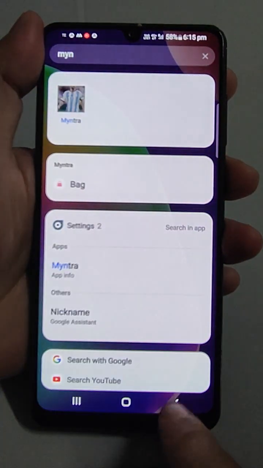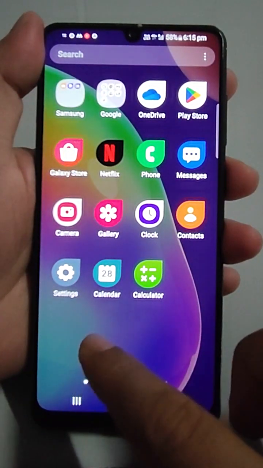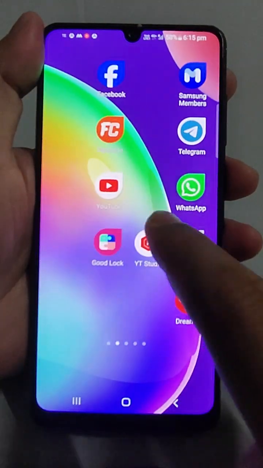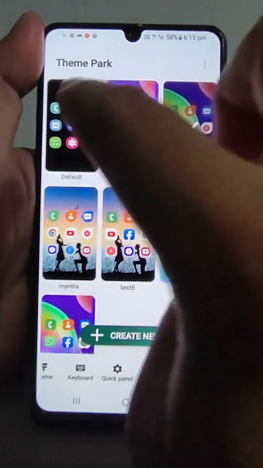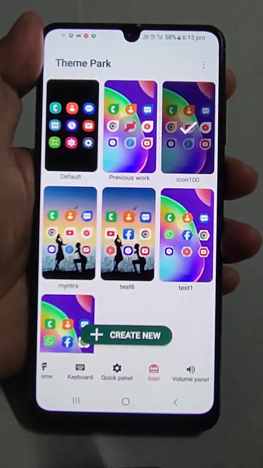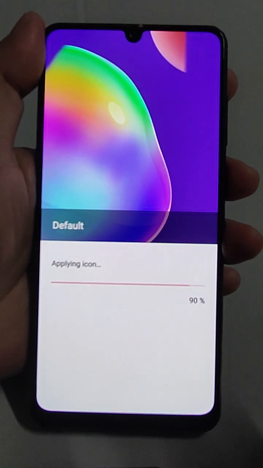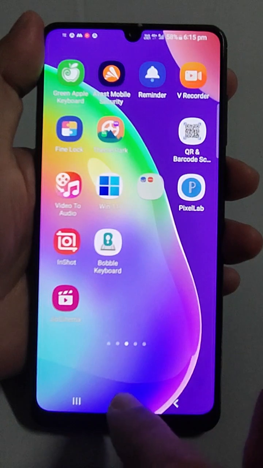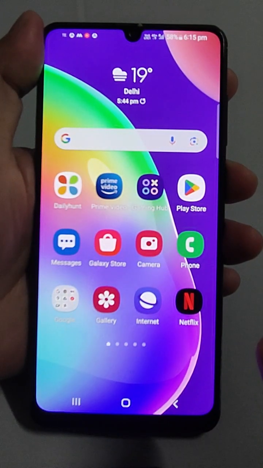So if you want to restore the original one, what you need to do is again go to Good Lock and then Theme Park, and here go to the default and apply it. Now the default configuration will be reloaded and you will move to the original one. So this is all I wanted to tell you, how to change the icon image and icon shape in